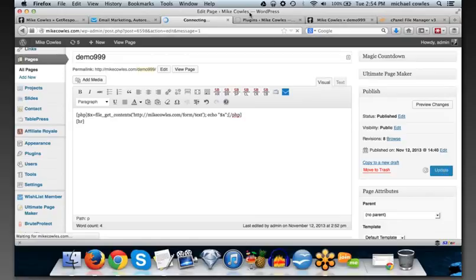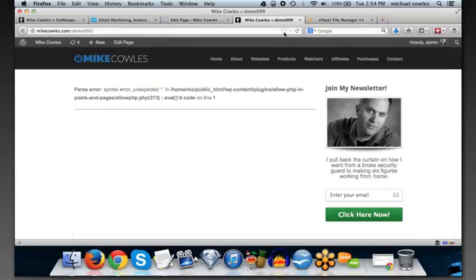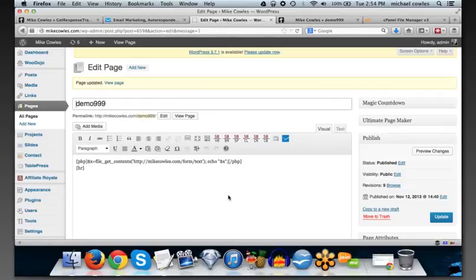So if we update this, and then we go back over here and refresh this. Yeah, so, okay, good. That's good to know. What that tells me is that the problem is not with the link or whatever, but with this little bit of code. So I probably added an extra quote or space, or forgot to do one or something like that.